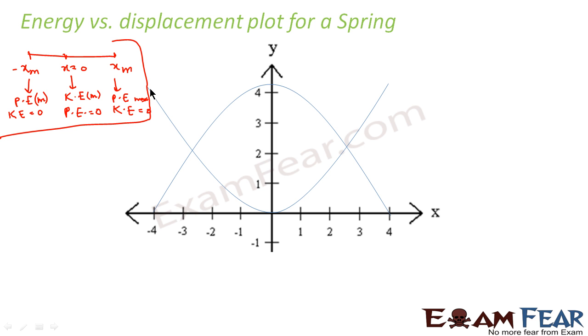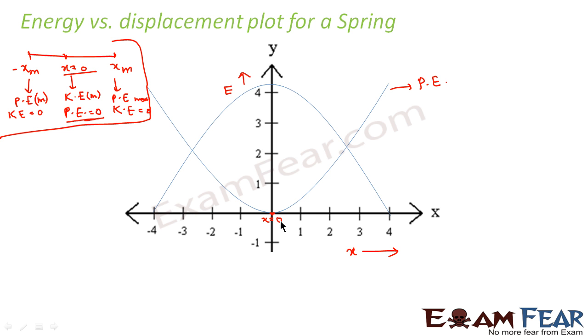We see that there is one plot which says that the value is 0. Now here first of all let me mention that the displacement is taken along the x-axis and the total energy is taken along the y-axis. Right? So here we see the energy is equal to 0 when x is equal to 0. That means this graph is for which energy? At x equal to 0, potential energy is equal to 0, right? So this plot is for potential energy.